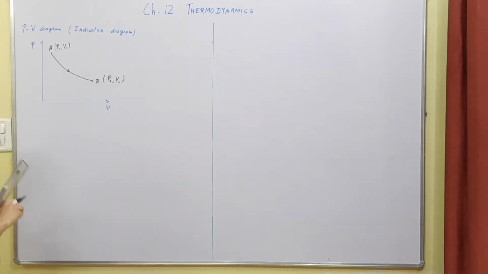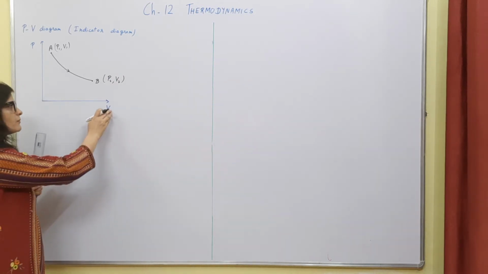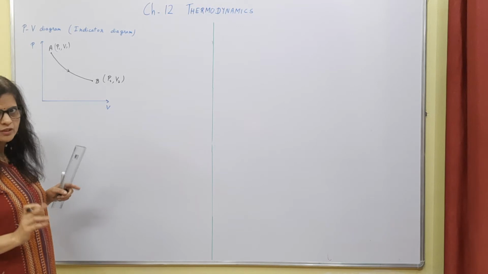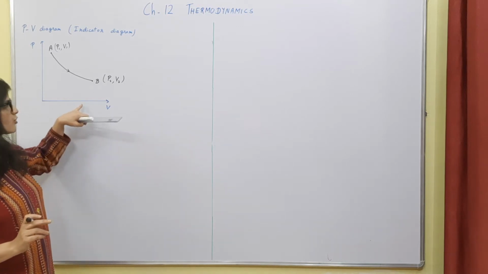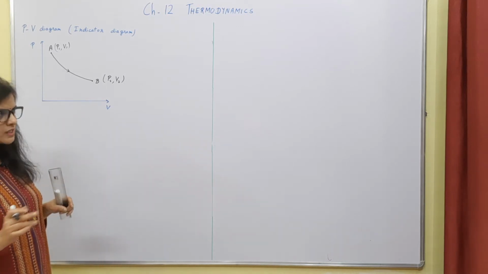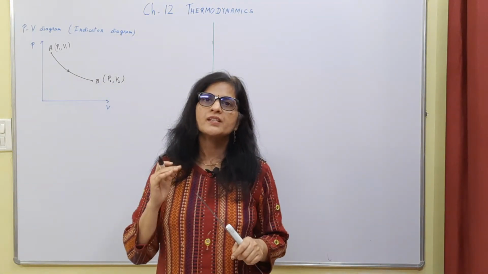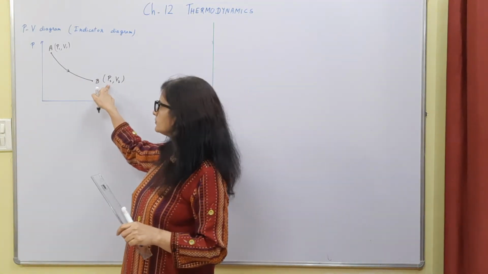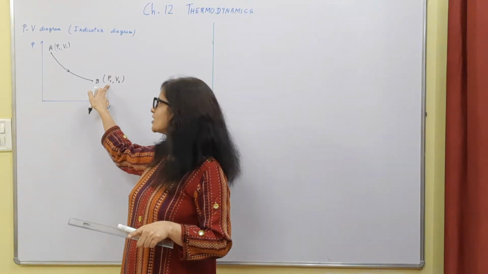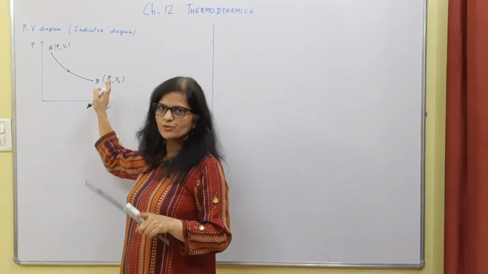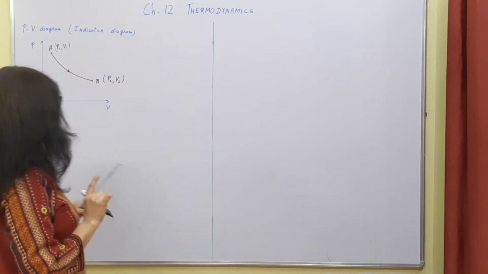Look at this, we have not written in the form of coordinates, because in mathematics, when we write coordinates, we write the x-axis coordinate first. But in physics, in thermodynamics, while drawing this indicator diagram, there is a trend of writing the pressure first. So this is actually the y coordinate we have written. No mathematical concept has been applied here.